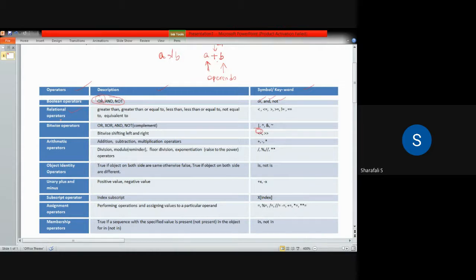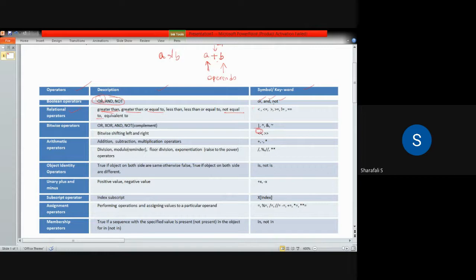The second one is the relational operator, and that will tell you whether some variable or some data is greater than, equal to, or not equal to, such kinds of relations that it will check. It is used basically in an if conditional, where you have to check some kind of condition inside the if condition. For example, if i greater than 10, like that. In those cases, we can use this kind of relational operator.